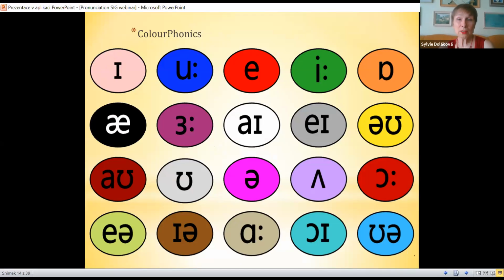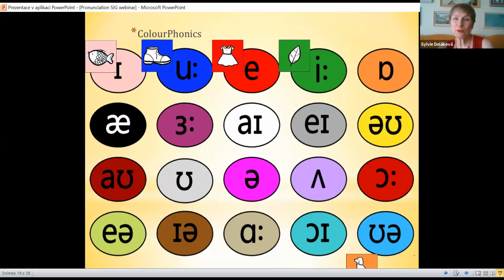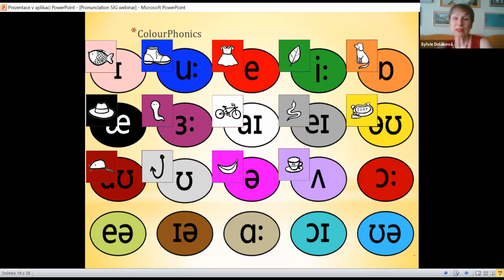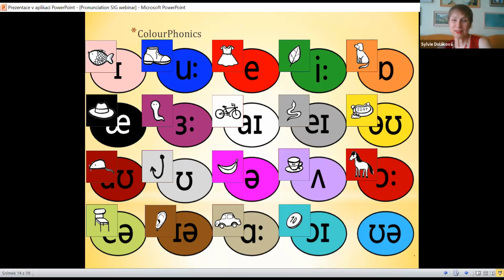Now I'm going to click 20 times and you just revise pink fish, blue shoe, red dress, green leaf, orange dog, black hat, purple worm, white bike, gray snake, yellow soap, brown mouse. This color is called timber wolf, wolf hook, magenta, banana, plum, cup, auburn, horse, pear green, pear, chair, sienna, ear, khaki, car, turquoise, coin. And I didn't think of anything to cover those 20 words containing "were" sound until I came across